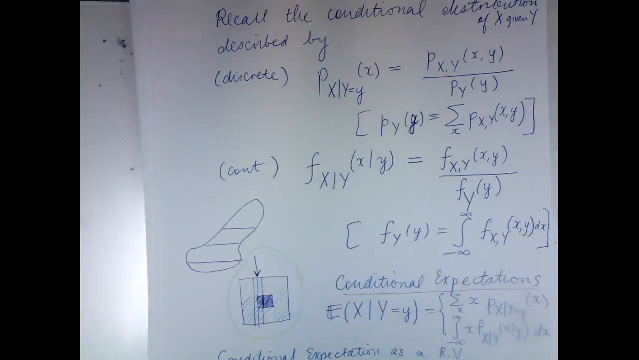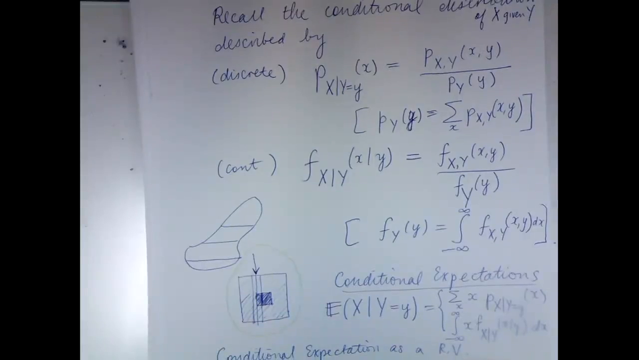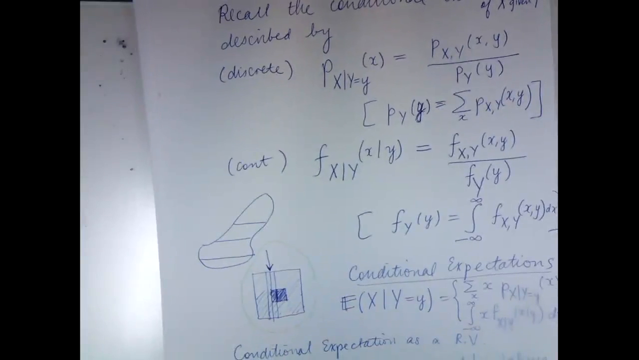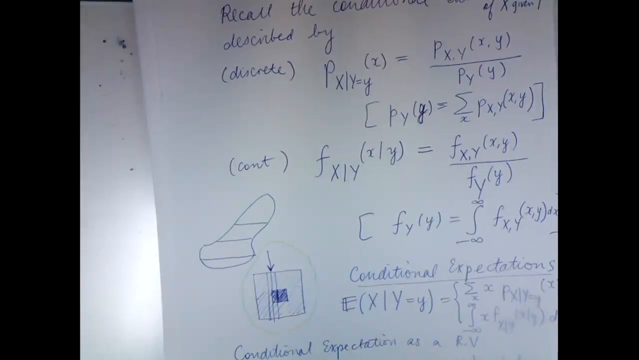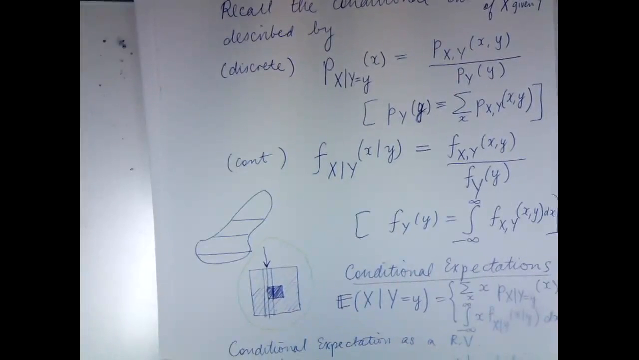But the expected value of x given y, the random variable, is not a number. It's a random outcome, but it is a random outcome that depends only on y, not on x. That's the way you should think about it. It is your best guess of the value of x given what you know about y. But more formally, how do you get it? By taking the function. Remember, that's an ordinary function, expected value of x given y equals y,